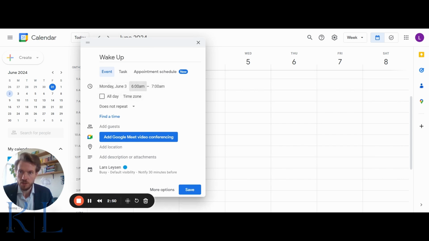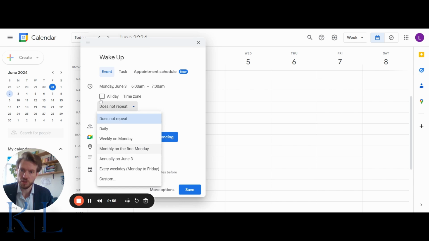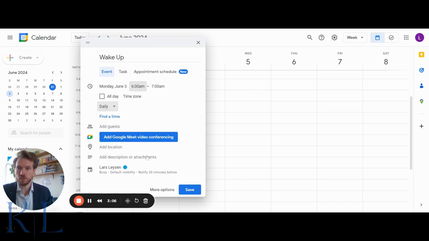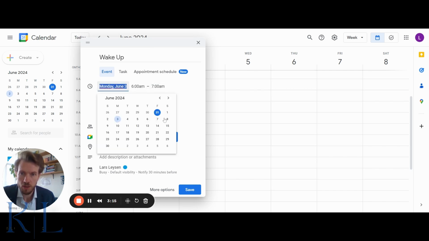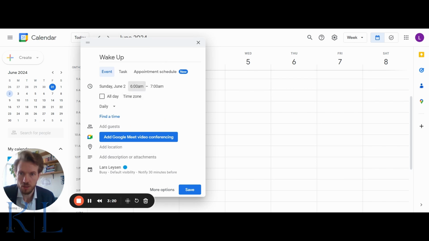Here you can adapt if it repeats or not, and for your best convenience you can just do it every time. So daily is what you select, and then here you could adapt it, and you can go from Sunday, for instance, Sunday the 2nd, up,